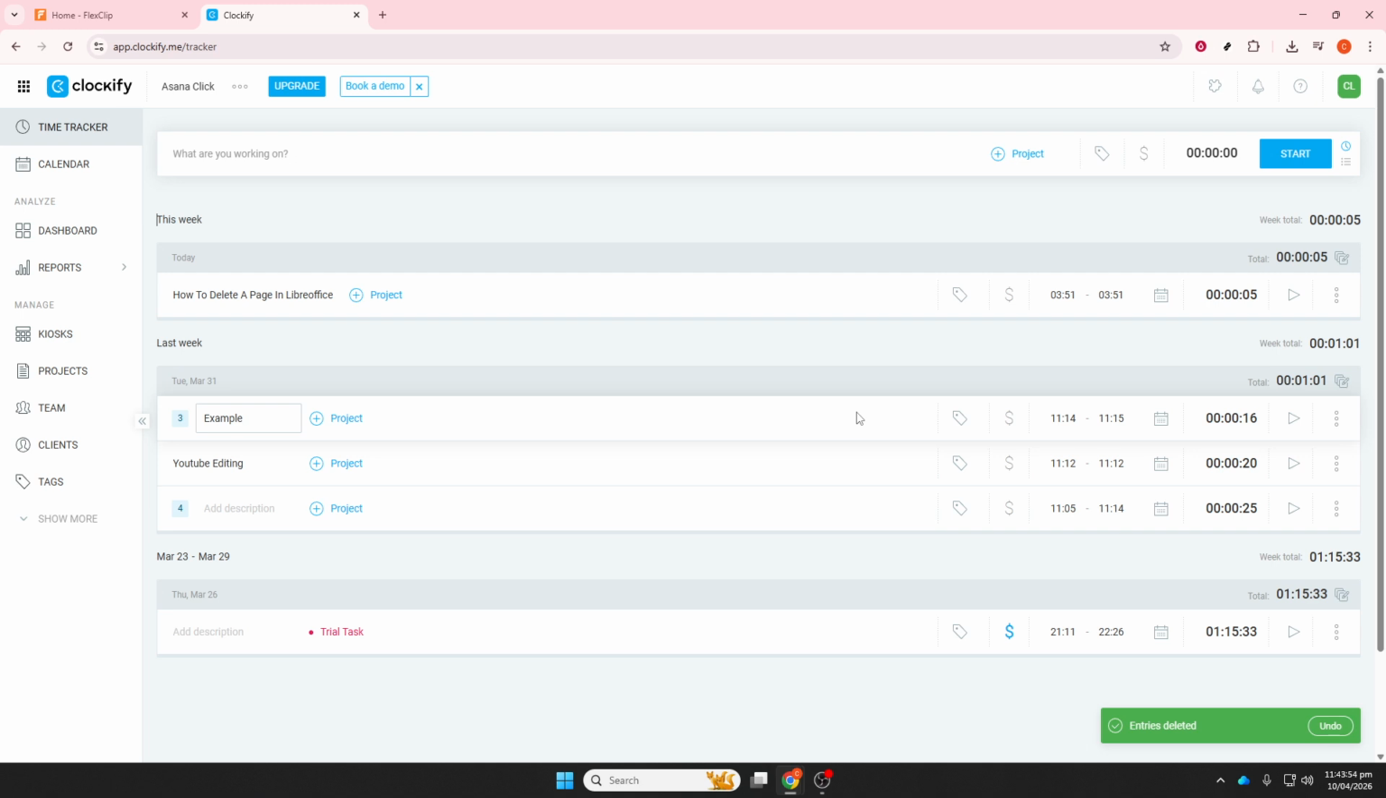A couple of tips before you finish. Consider exporting any needed reports first, and let your team know if you're removing something they might expect to see. If you're unsure, archiving can be a safer alternative, and make sure